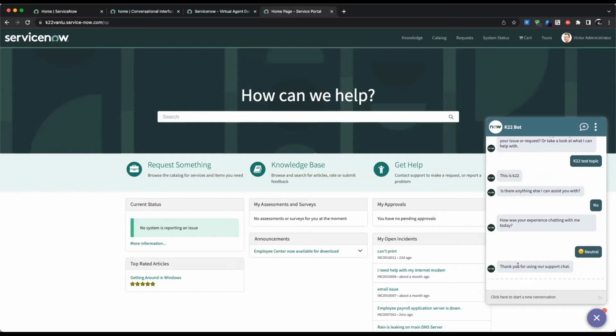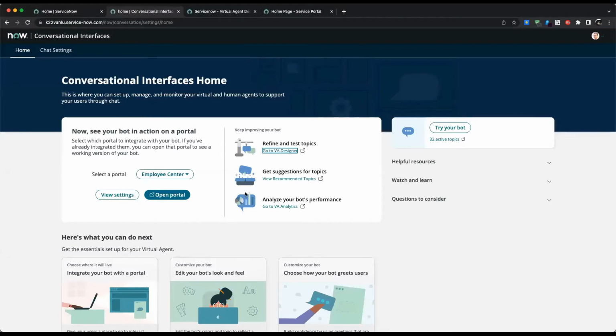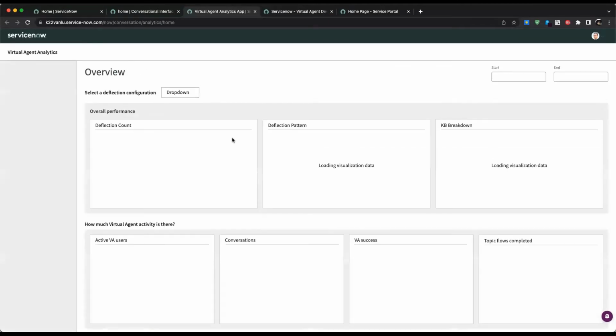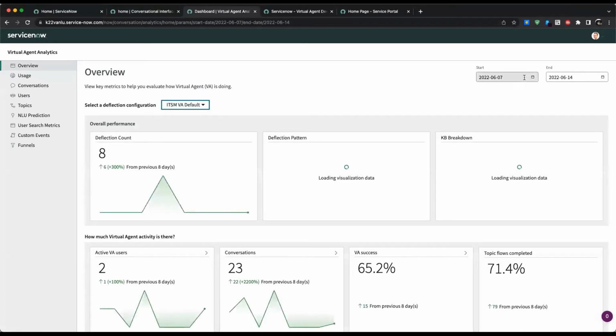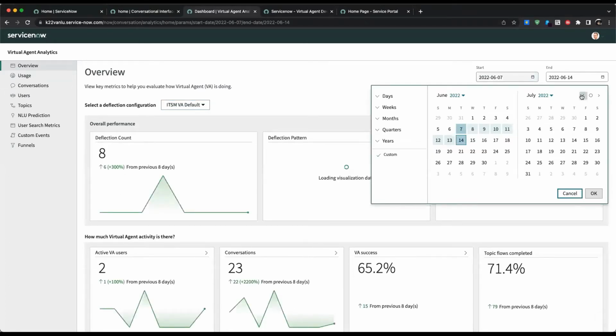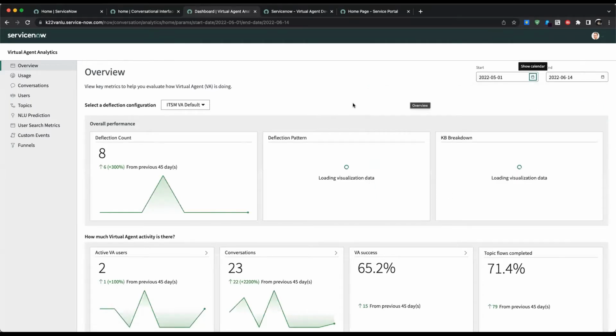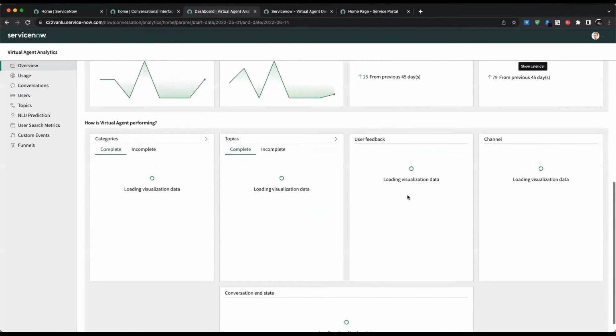Okay. So now, how do I, as an admin or as the owner of the virtual agent, see the results of the survey? Let's take a look. I'm going to go back to the CI homepage. I'm now going to go to the analytics dashboard. One of the out-of-box widgets is the feedback from your users. The deflection configuration is not as important. I'm going to extend the timeline just a little bit, say to May, since that includes data from all the knowledges. You'll see at the bottom here, wait for this to load,